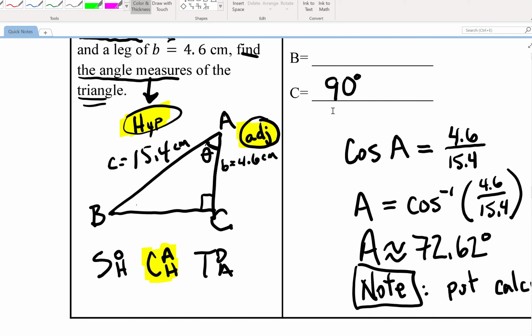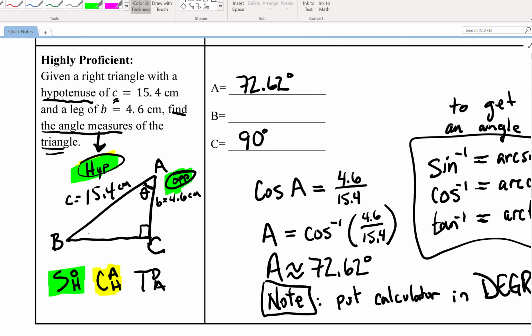This would no longer be the adjacent. It would be the opposite. And then I would say, if this is the opposite, this is the hypotenuse, then that's now O and H. I would use a sine. And you could do it that way, but it's not as easy as just saying, hey, what I've got is